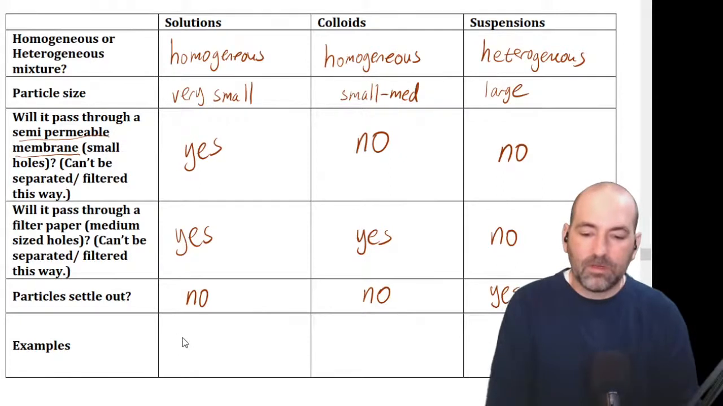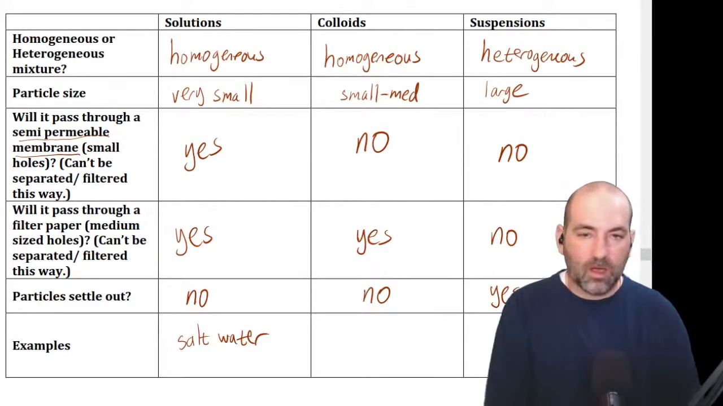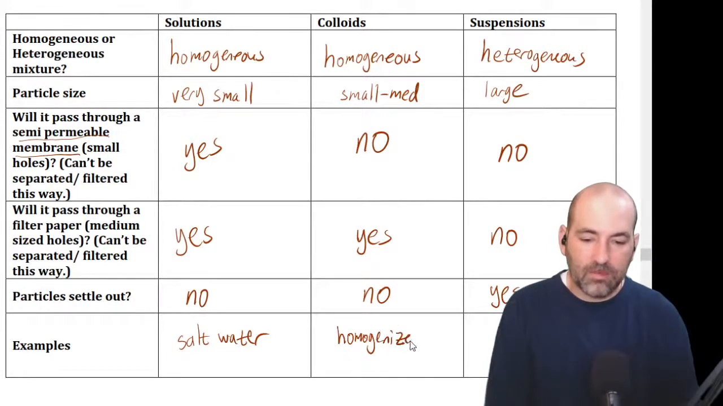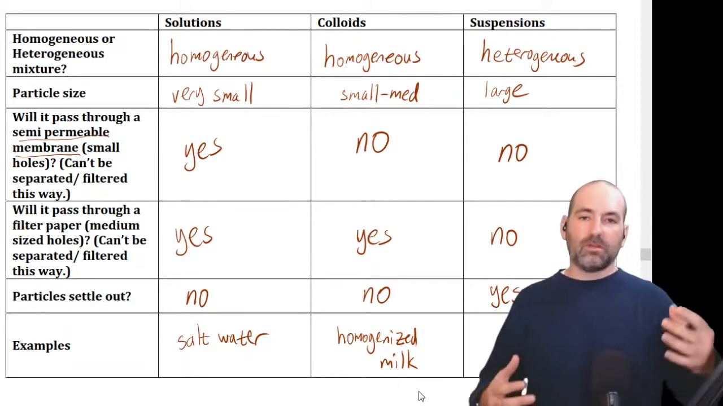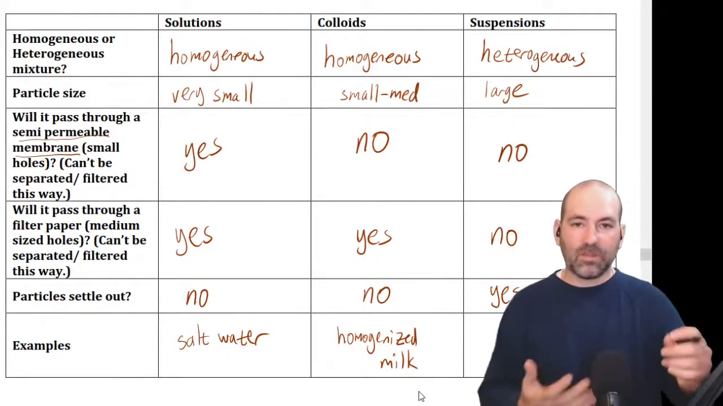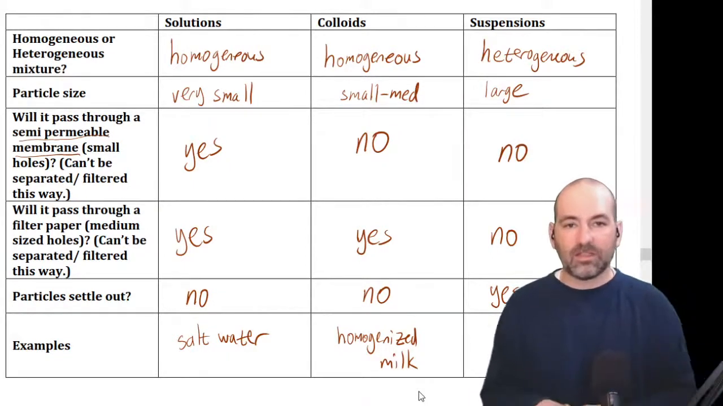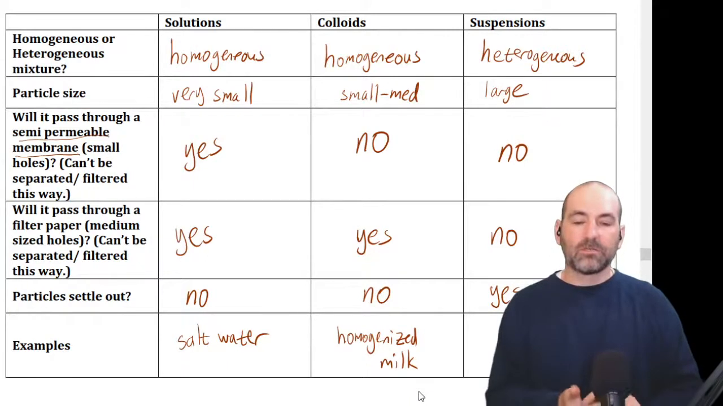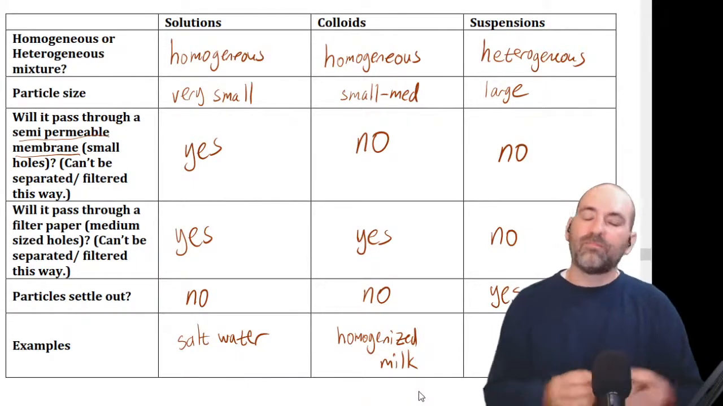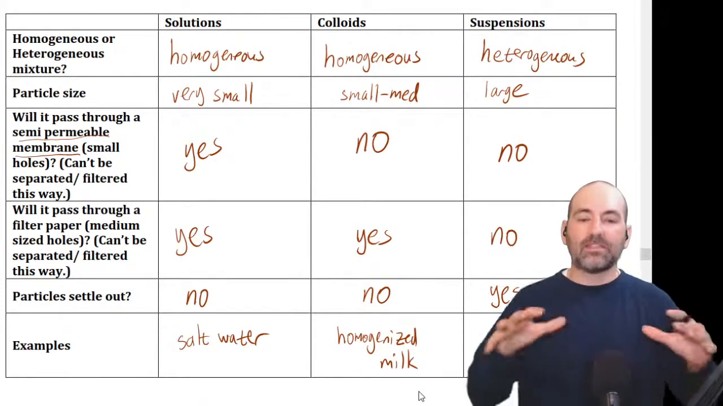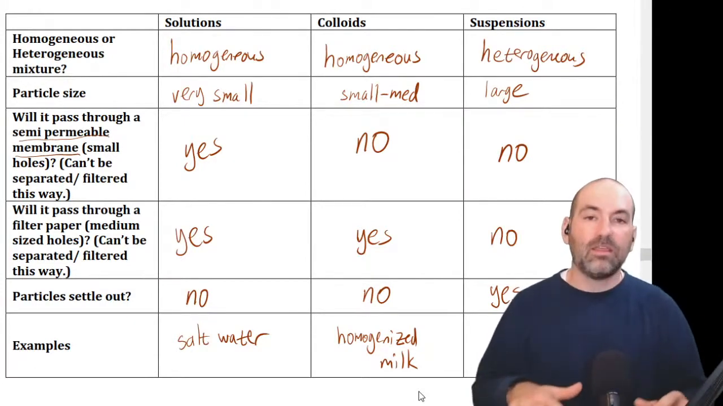All right, so some examples. We could say salt water for a solution. A colloidal mixture might be something like one that I always think about, homogenized milk, which is the milk you get at the grocery store, where you can't see through it. Light can't pass through it. There's definitely particles in there, but they don't settle down to the bottom of the milk jug either, because those particles have been broken up so small,